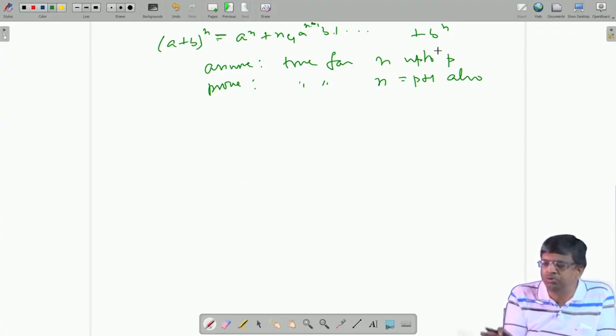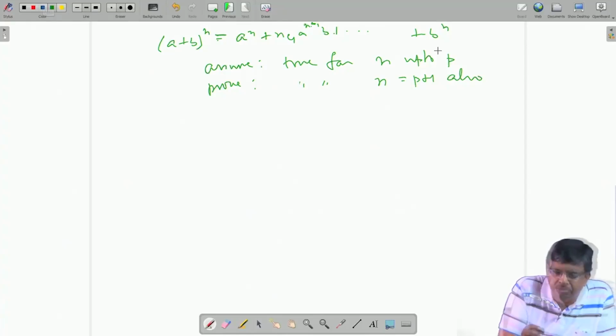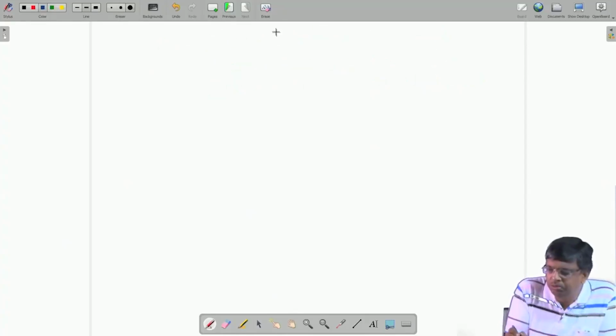This is called proof by induction. That is, assume this to be true for n up to some index and then prove it is true for p plus 1 also, and then validate that assumption by working out a direct case that for p equal to a certain value, the left hand side equals the right hand side. Same thing we will assume here. What we have to do, as I told you, is prove that